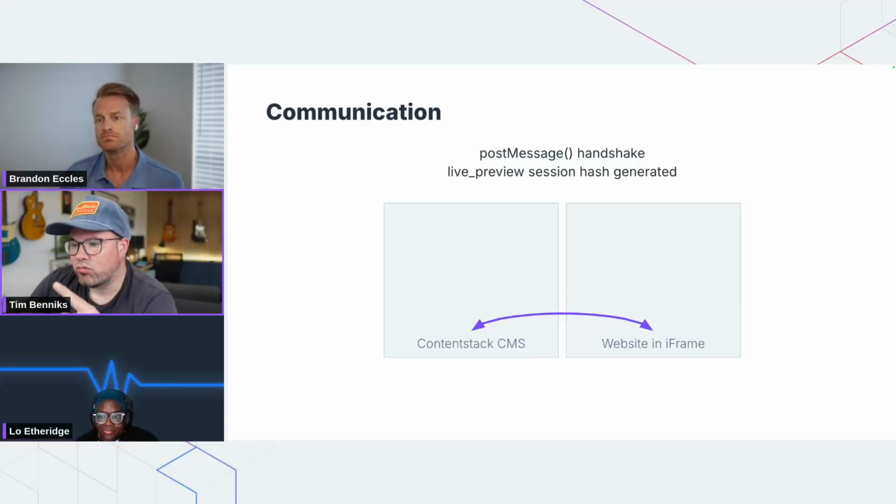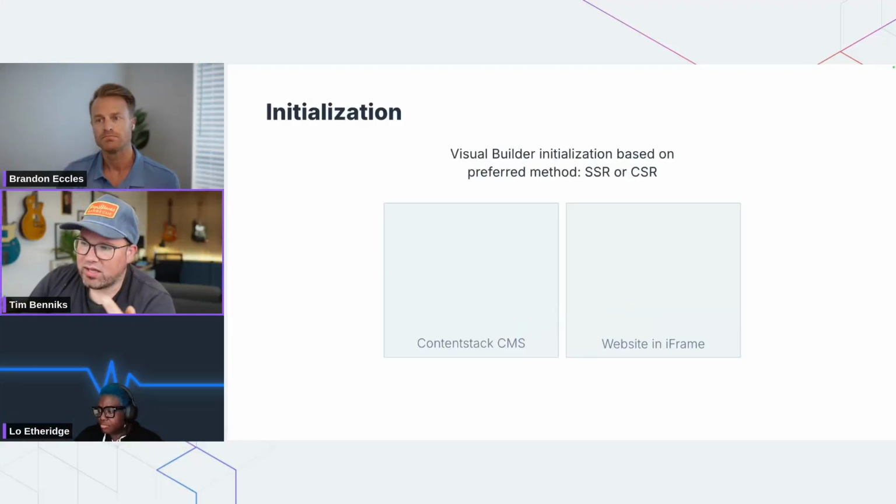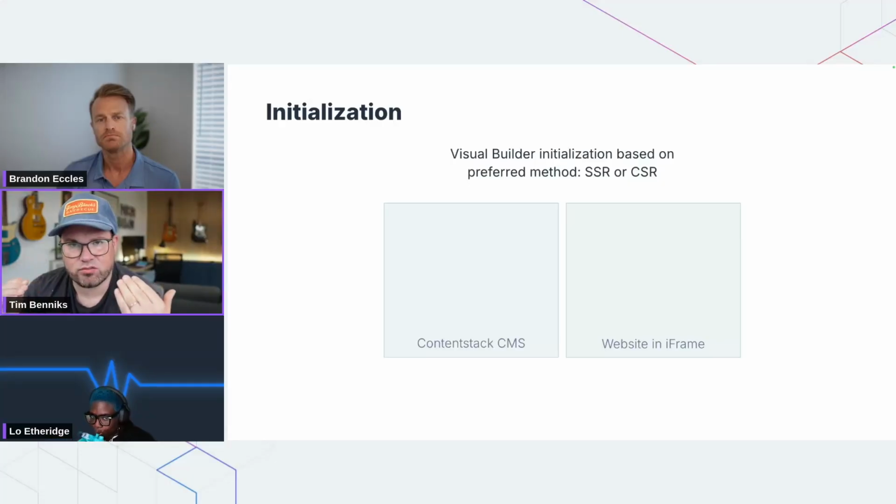Okay. So right now, what we do is we use postMessage. And postMessage is an API in a browser that is basically sandboxed and super secure, where we do a handshake between your website and our CMS. And we make a live preview session hash just for you as a user. And so with that information, we know, okay, for this session, for this user,